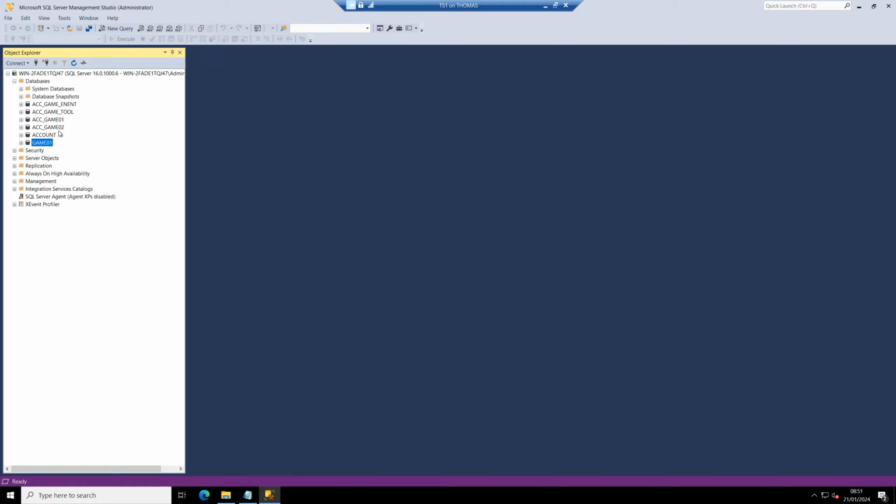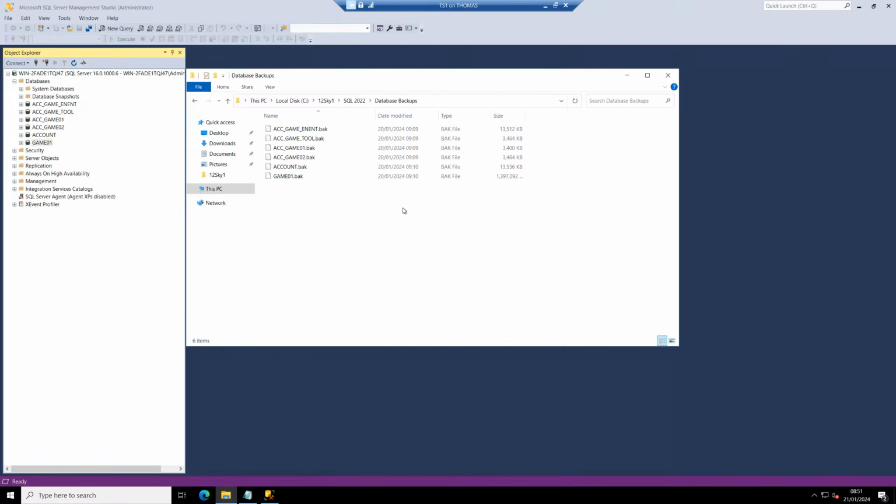I've now restored all of the databases, so I'm now at a point where I can run the server and I can connect to it. So let's do that. So if I go back to my 12 Sky 1 folder and I go into the JH server, you'll see some batch files. We'll use these in a minute, but to start with, you'll want to go into manage and go into manage